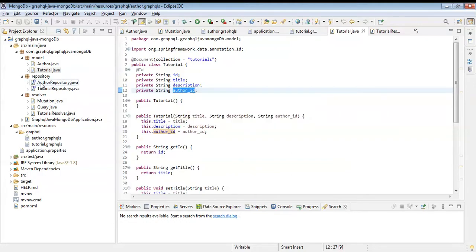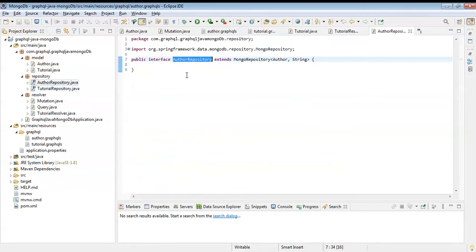Coming to the repositories part, the structure of the project is pretty much the same as normal Spring Boot, except for the controllers, because it's not a REST-like architecture. In the repositories, we are extending the Mongo repositories because we are using MongoDB. The same goes for the tutorial.